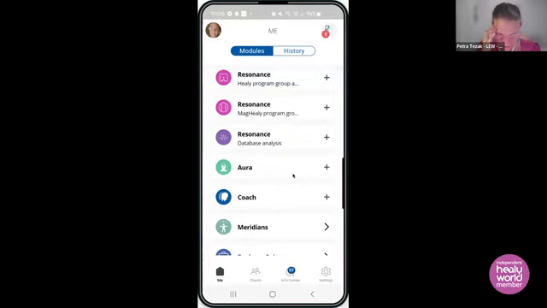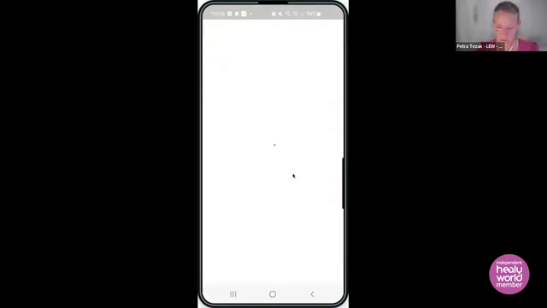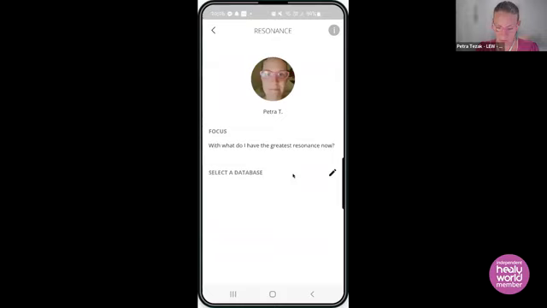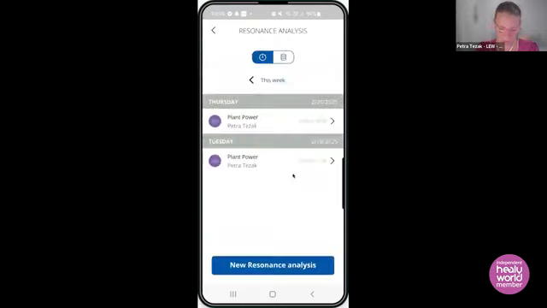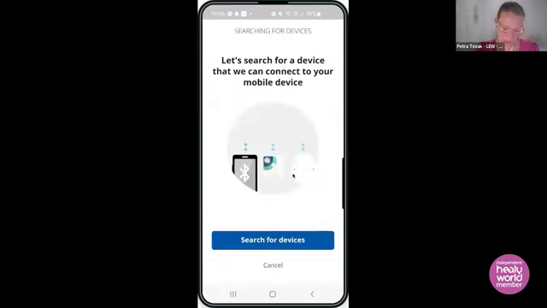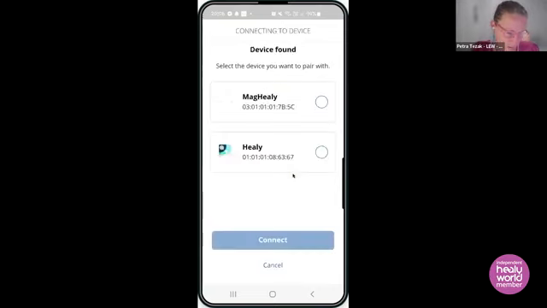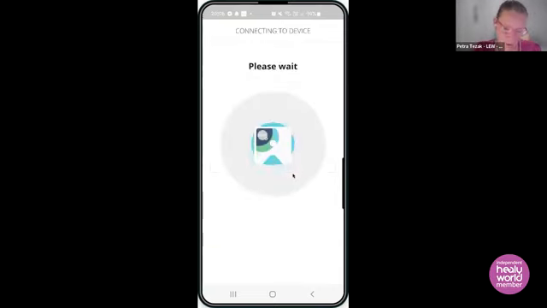So there's a way to, okay, so the plant database is in here. It's in the pink. If you go into the pink one, what's happening with you? Oh, it's probably because it's not connected. Okay, let me connect this so I can show you how you can add frequencies.